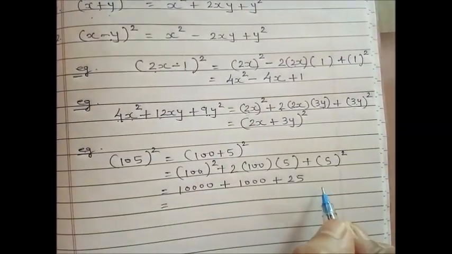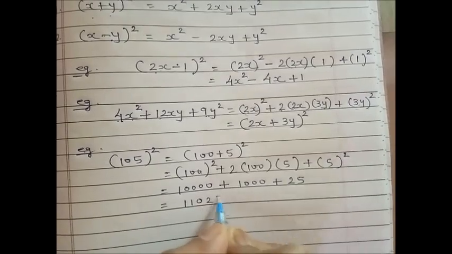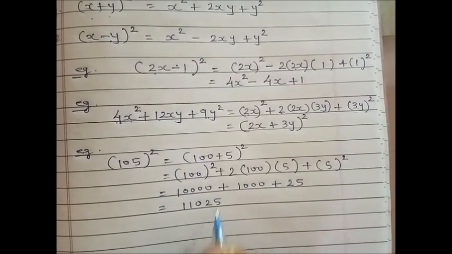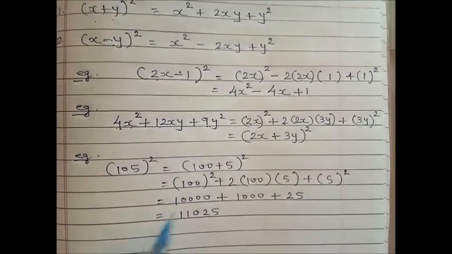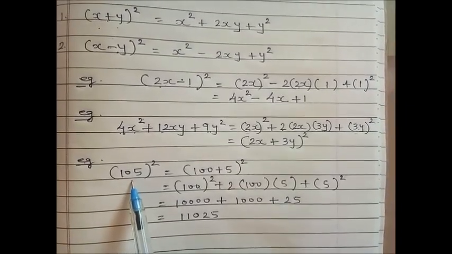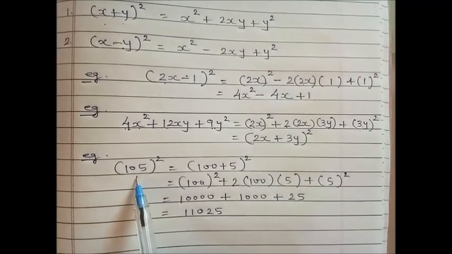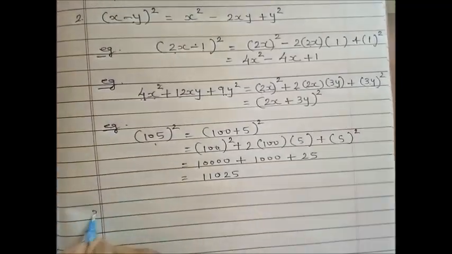Add these entire numbers, you will get the answer 11,025. This is your answer. So this way you can solve the numbers also. The same sums can be asked for the cube, which we have already done, and we will see after this, right? Now the next is